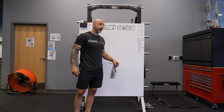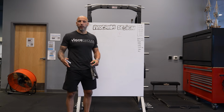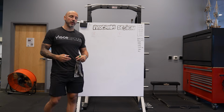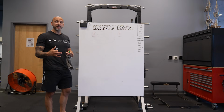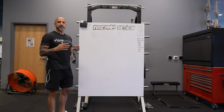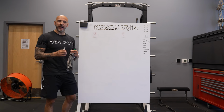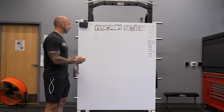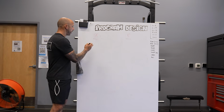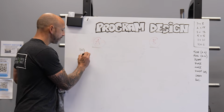And then carries, right? So any type of farmer's carries, locomotion, which is movement, sleds, crawls, sprints, all of those things, right? If we start here, and if you look at that R7 model, even again, this person hasn't trained a lot, but we still want to do some athletic explosive things, right? To develop power, elasticity. But because this person is a beginner on day 1, we're going to superset